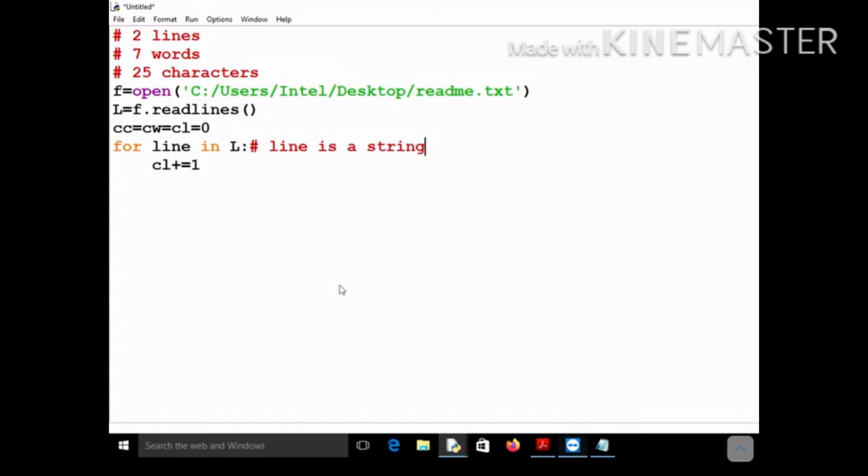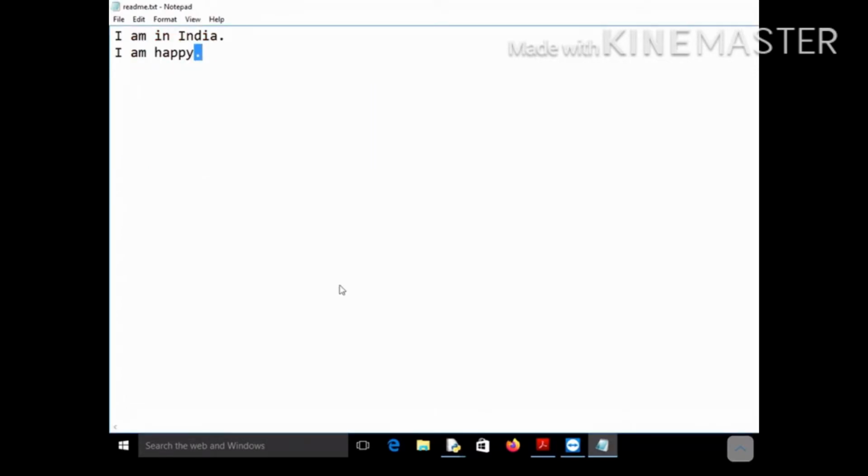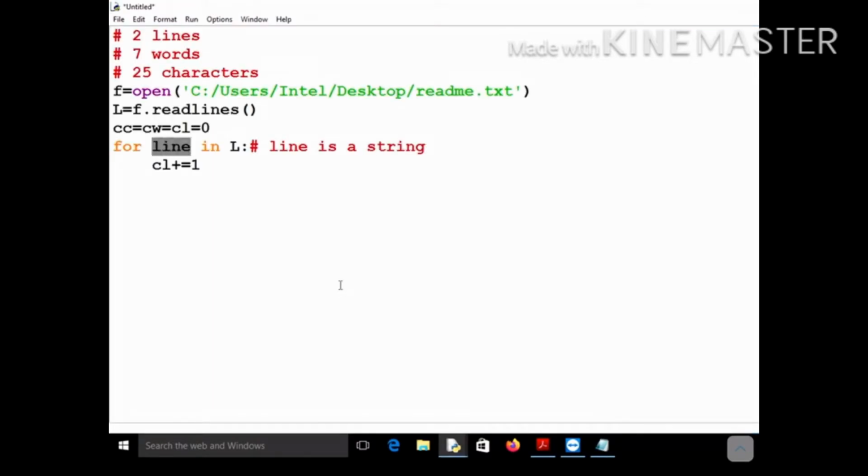Initially you can also print the value of L, and I showed you yesterday that "I am in India\n", of course, will be the first element of the list, and it will be a string.